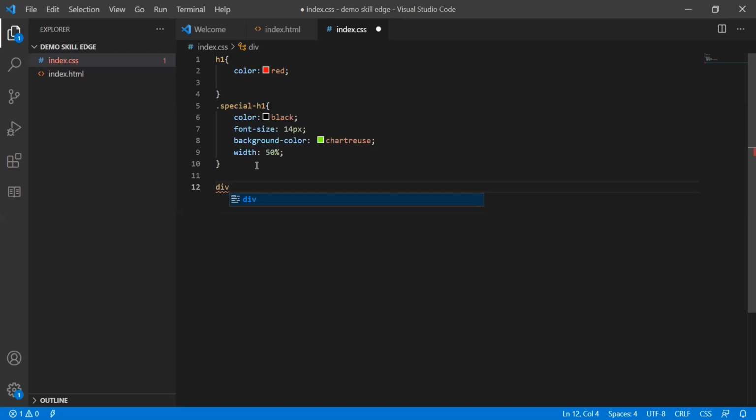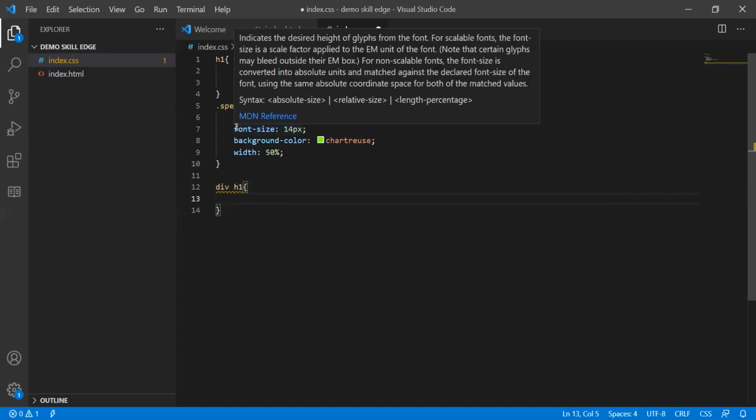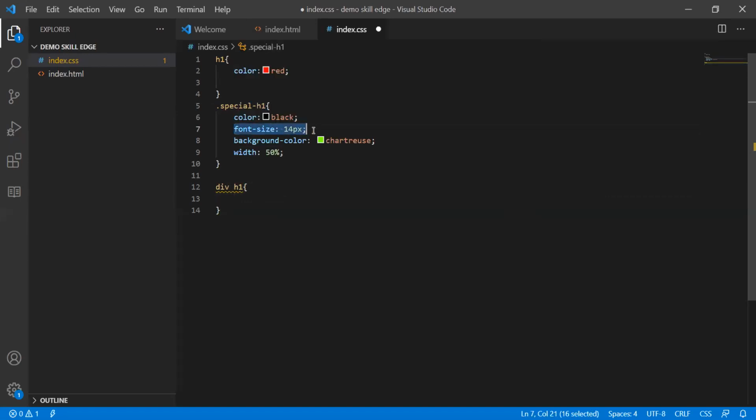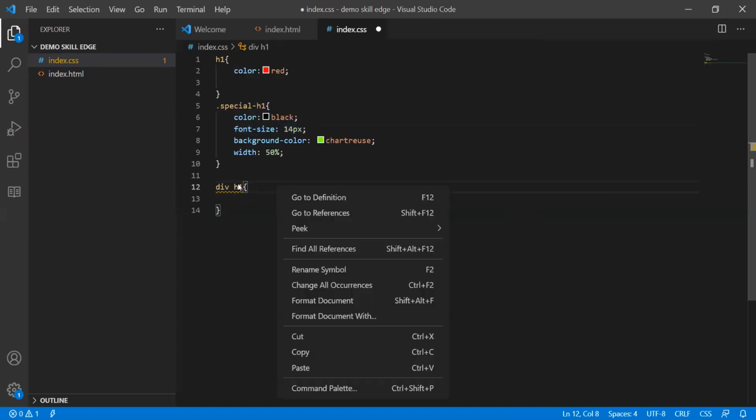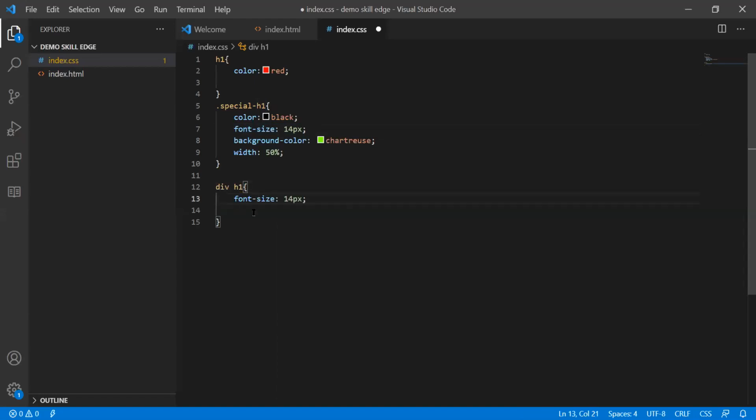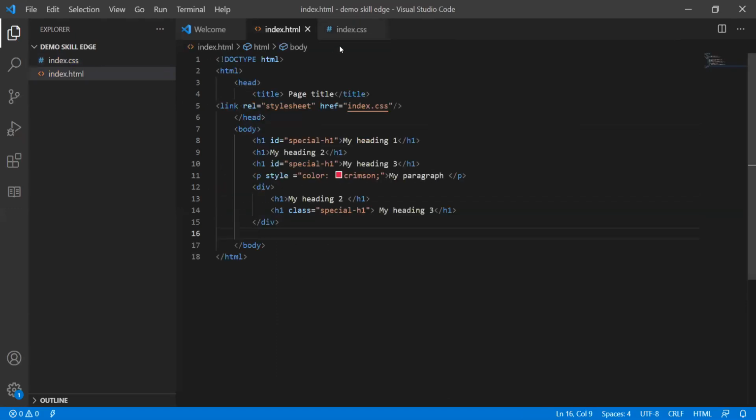So here I want to apply it for the H1 tag, which is present in the div tag. So I'm using this combination of div and H1 tag to apply CSS. Whatever H1 tag I have inside my div tag, all of them should be applied with a font size of 14 pixels. So now if I refresh, we can see these two headings are applied with 14 pixels here.